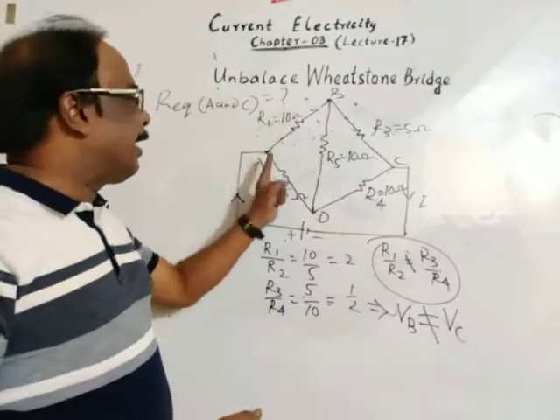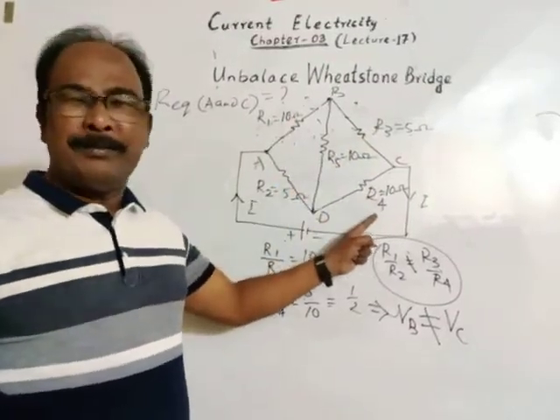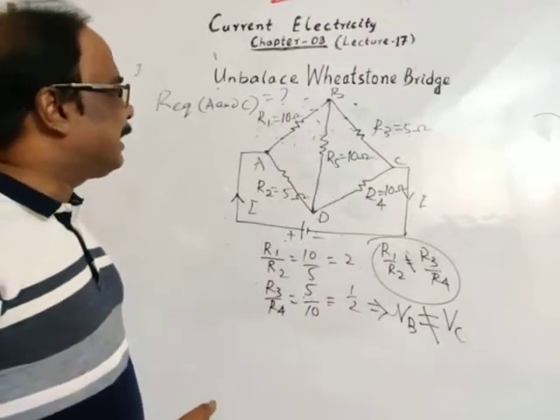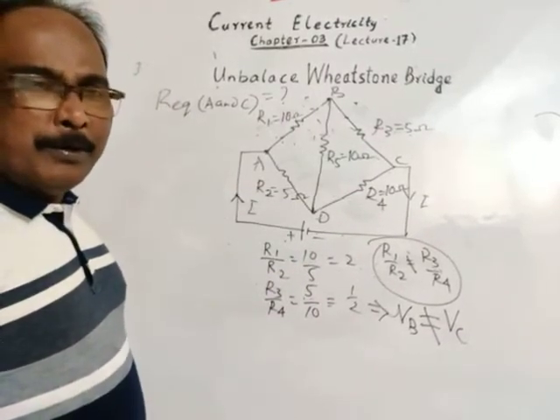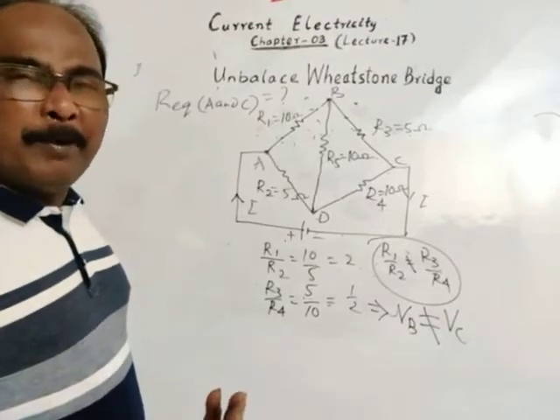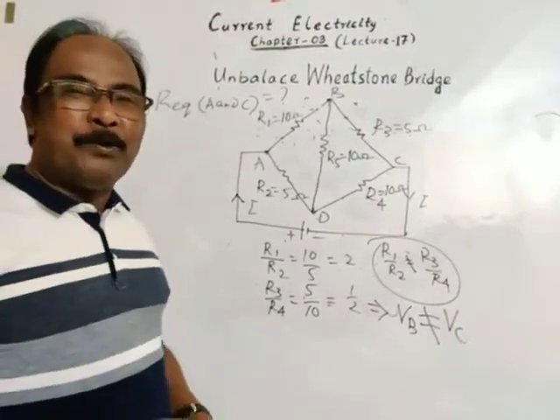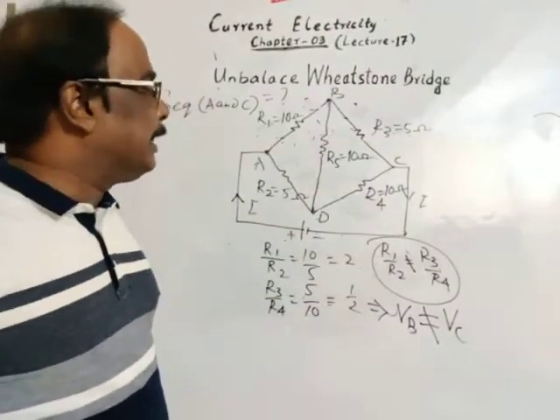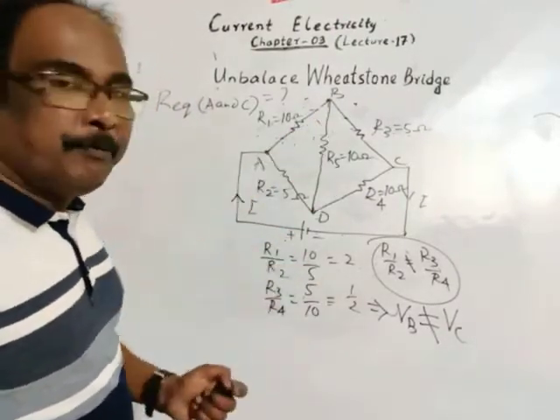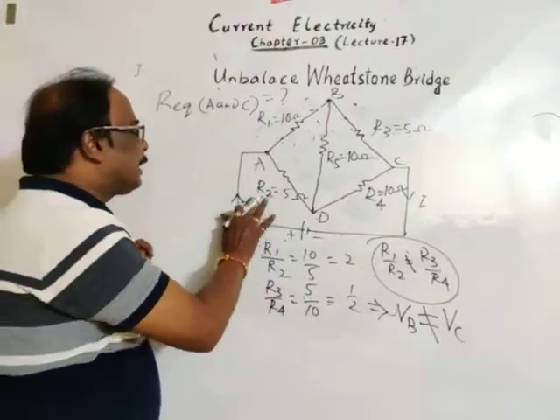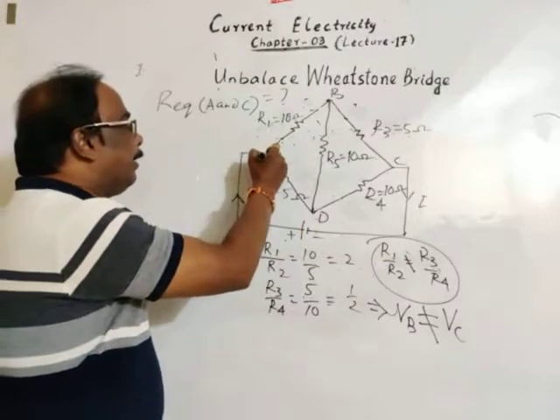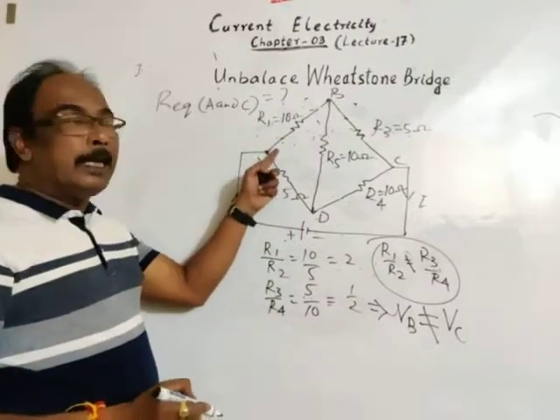Any value you may take. Here of course I have taken symmetric values. The similar method you may apply for different values of resistors. Let's see. Here balance condition is not satisfied, so there will be flow of current. Let total current from positive terminal, conventional current, be I, and this is junction A.